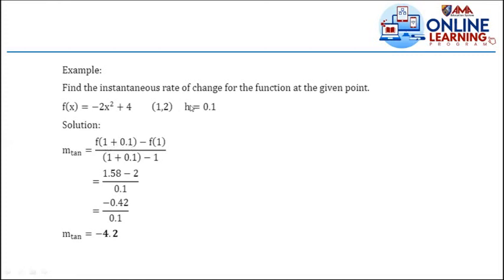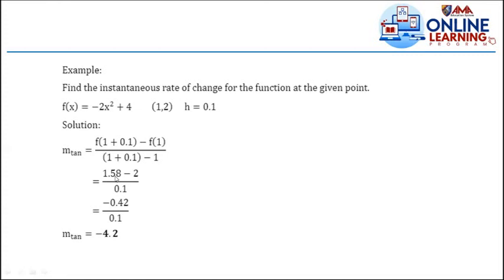1 plus 0.1, 1 plus h. Minus x1 is 1. Divided by h. Huwag nyo na gamitin ito. Dahil ang formula natin doon kanina, divided by h is 0.1. So, paano tayo nagkaroon ng 1.58 is negative 2? So, gagawin po natin, if we're going to substitute 1.1 squared, then multiply by negative 2 plus 4, the answer